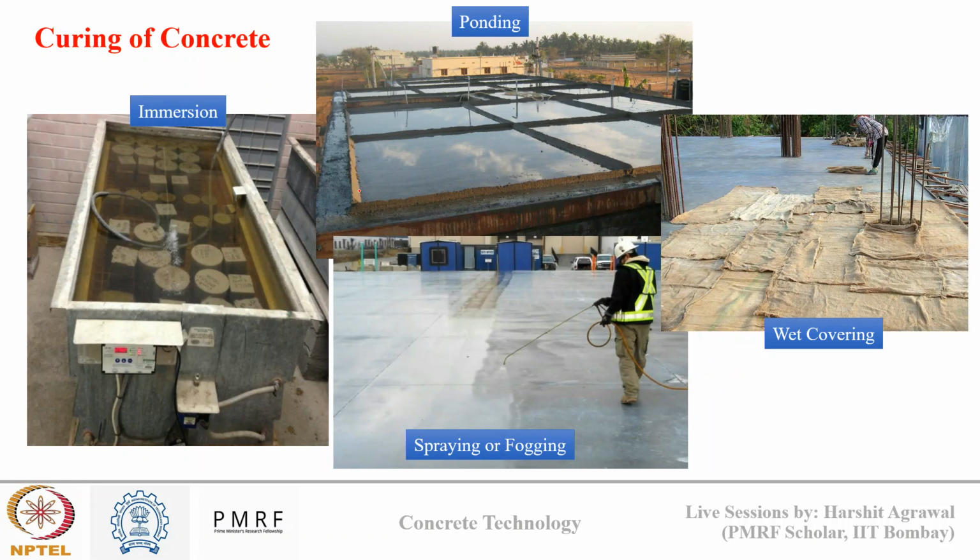How to do curing: it can be achieved in different ways. There is immersion curing, in which concrete is submerged inside a water tank. There is ponding, which is generally used for slabs, where over the slab we create raised edges using cement slurry, and we pour water, which ensures that enough moisture is available for the slab. Then there is spraying and fogging, which ensures that the concrete surface is moist, and jute bags also, which you can see in the final image, which cover the concrete and keep it moist. These are wet jute bags, which ensure that the concrete is in a moist state.